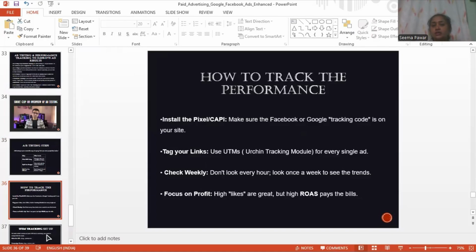The second tool which a company uses for checking performance is tracking. Once the performance has been checked by the company, afterwards the company needs to track that performance also. And for that, the advertiser must install the Pixel. As we have discussed earlier, the Pixel is the brain of the advertising platform. Pixel is one of the most important tracking codes, which tracks the performance or the behavior of the